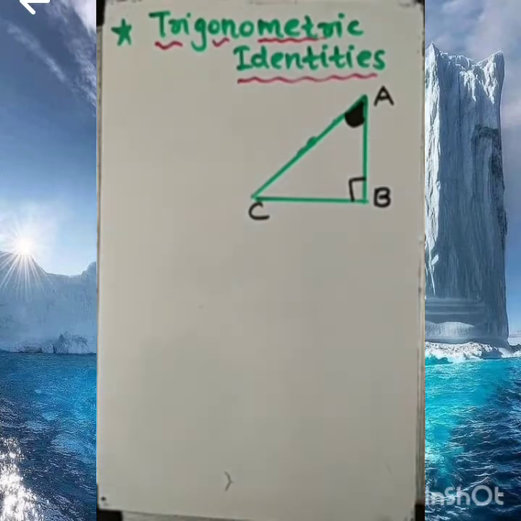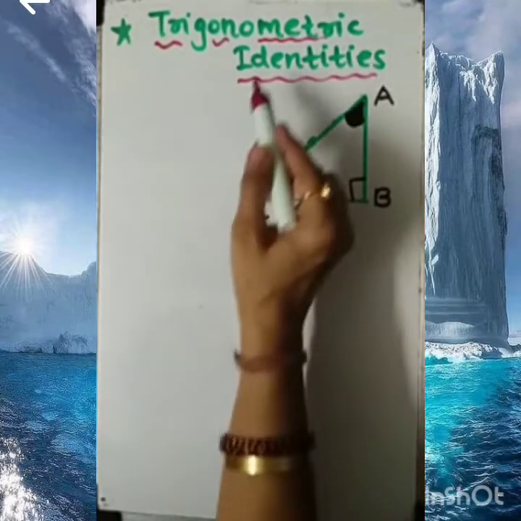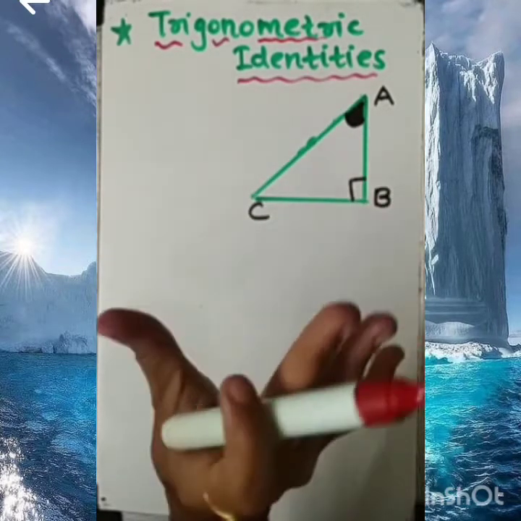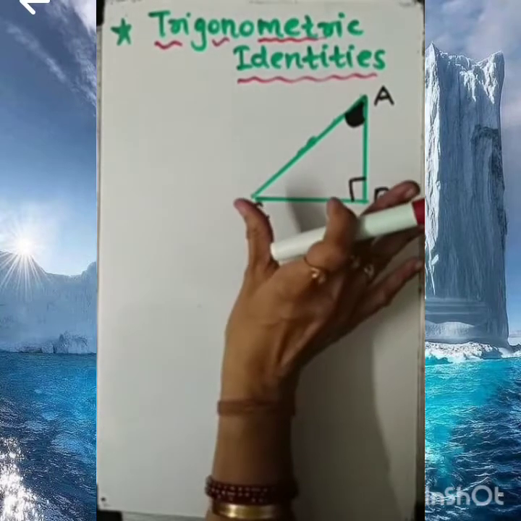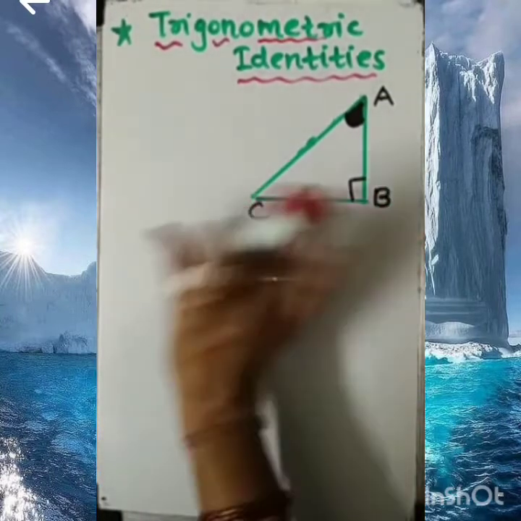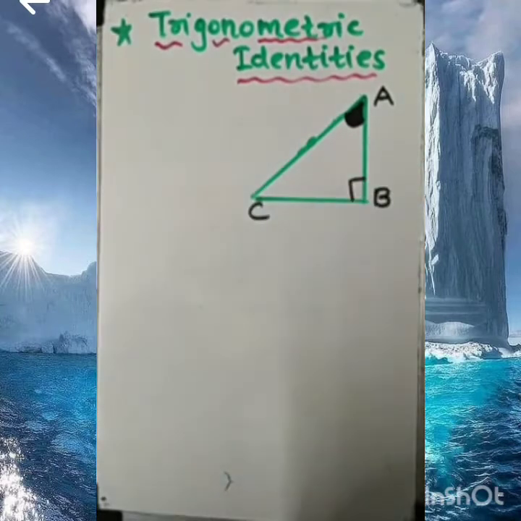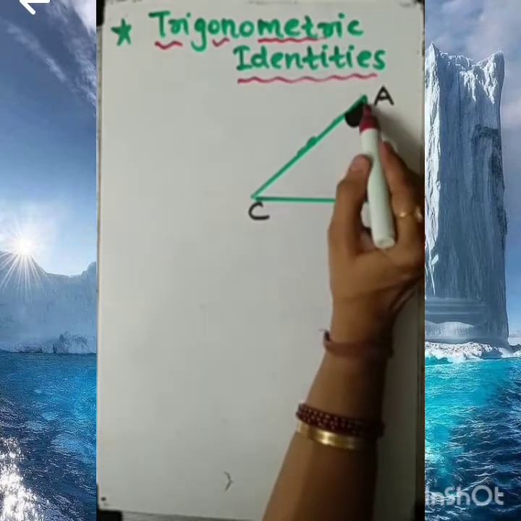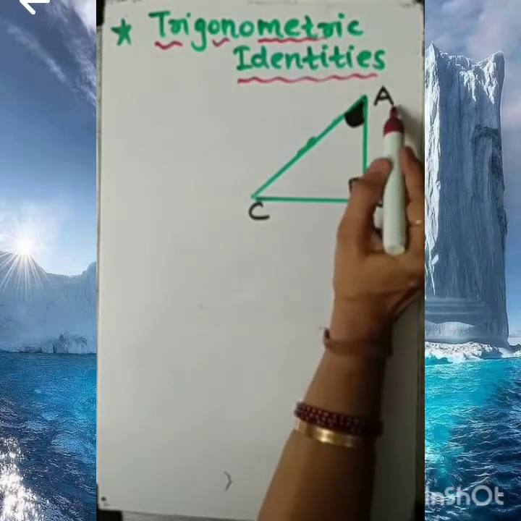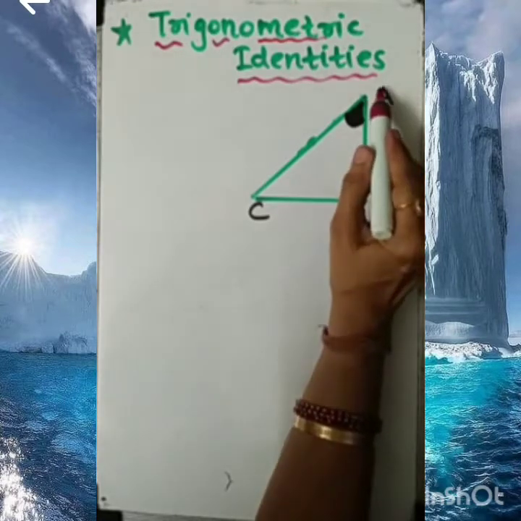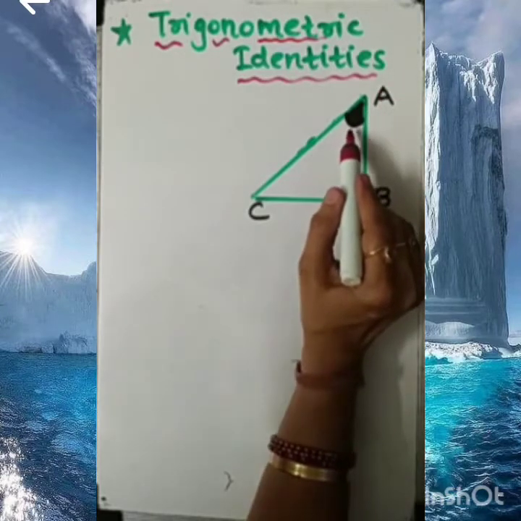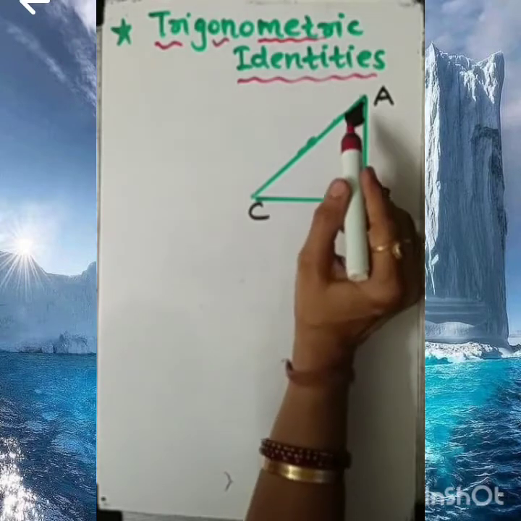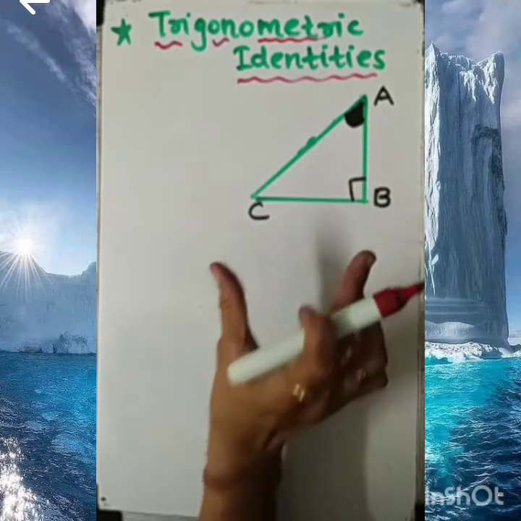Clear to you? There are three identities which we are going to learn for trigonometry. Their values are valid, and stand true for any values of the variable. Clear to you? Now here, as we are involving trigonometric ratios, first I am choosing angle A, which is an acute angle. Now let's see one by one for this angle A, and we are going to prove some useful trigonometric identities.